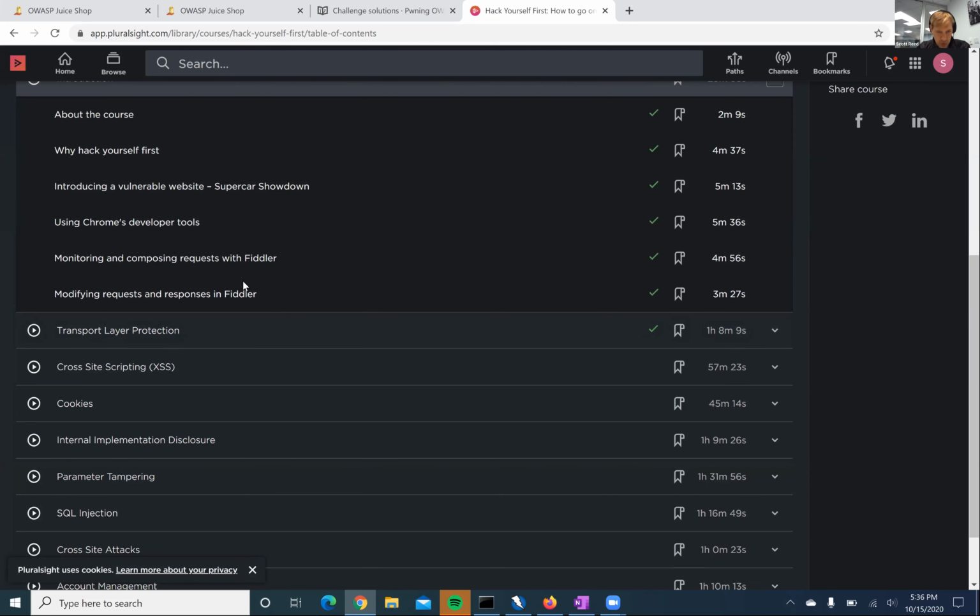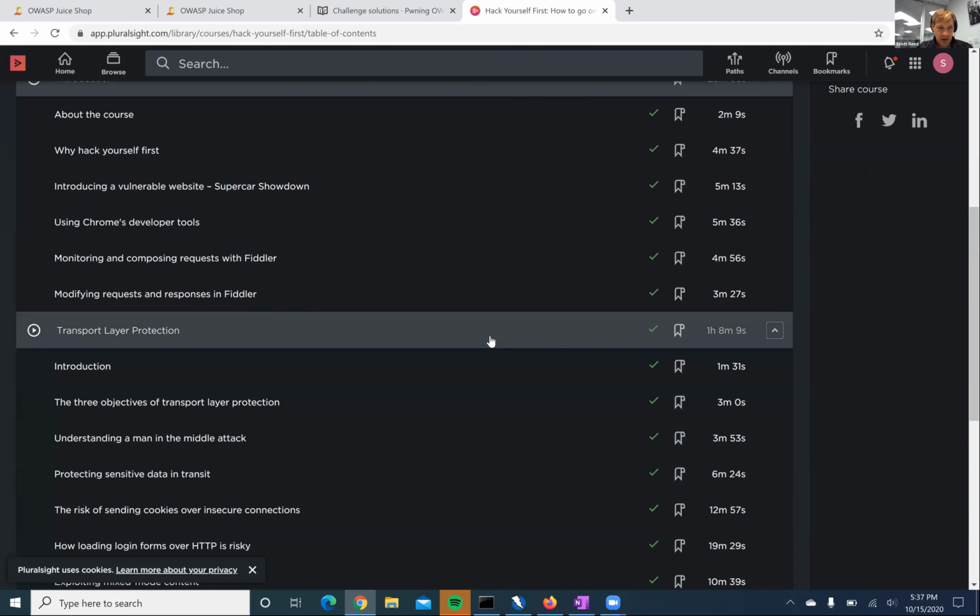Okay, so cool. That's good that in Charles you can do those same sorts of things. I ended up not using Fiddler and using OWASP Zap when I was doing the actual Pwning Juice Shop challenges. But yeah, for this I did it using the old Fiddler. But that's good to know that Charles works as well.